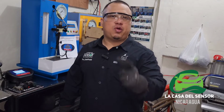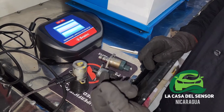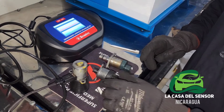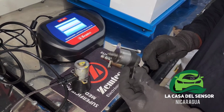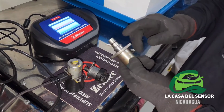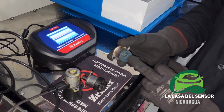This video will show you how to clean your suction control valve from diesel control engines. There are three kinds of valve right here. This one is from a Ford Mazda BT50. This is for a diesel Bosch system, and this is from a Denso system. I think this is mounted on a Nissan